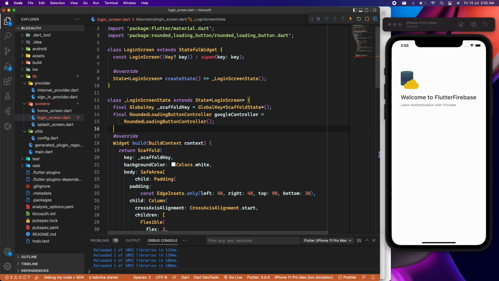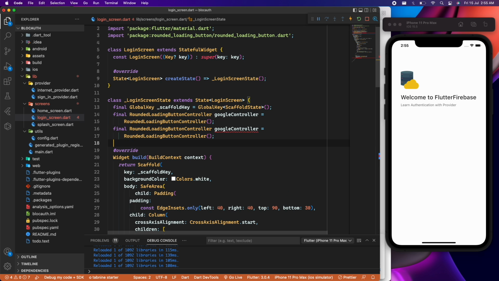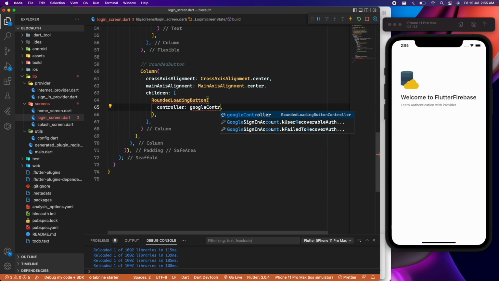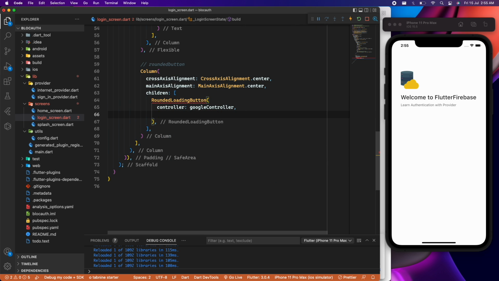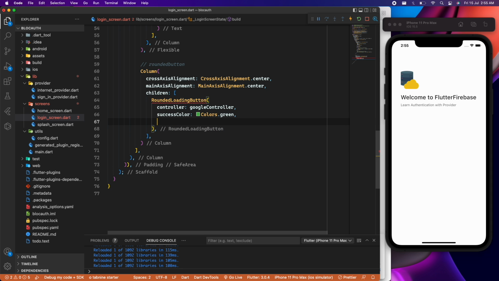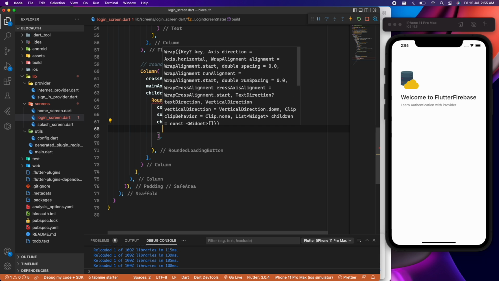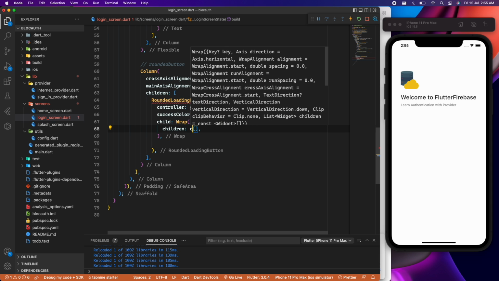Then we'll write, so we are doing Google and Facebook in this part, so we'll write Facebook controller. And here we can write Google controller. The other thing that this will have is success color will be colors.green, or rather successful color for Google can be red, and the child can be wrap with a children